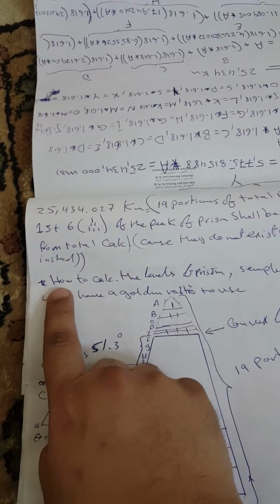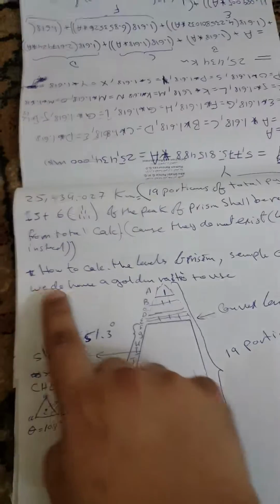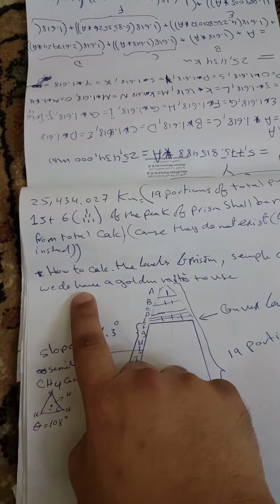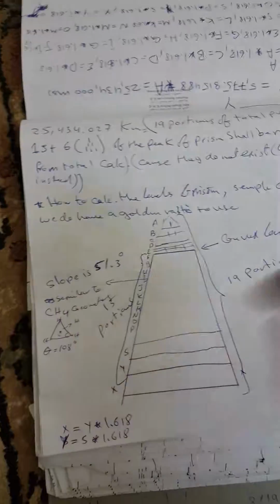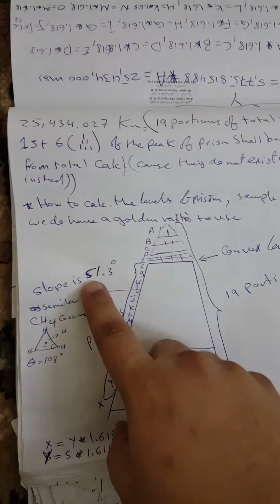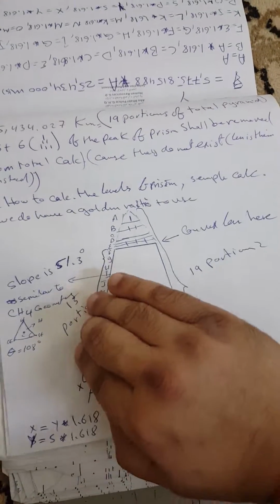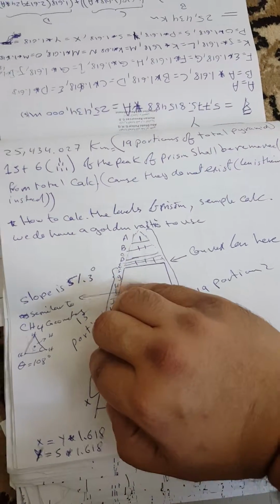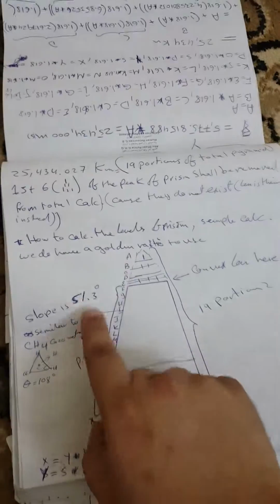How to calculate the levels of the prism? Simple calculation. We have a golden ratio to use. Then I explained that with the 51.3 degrees, the face of the prism, the pyramid face, laying